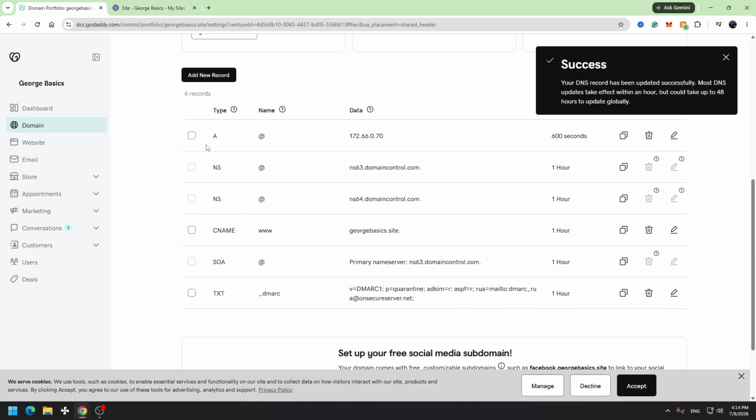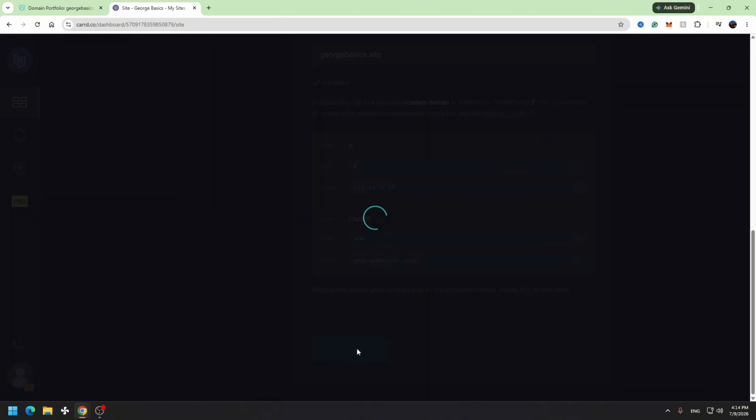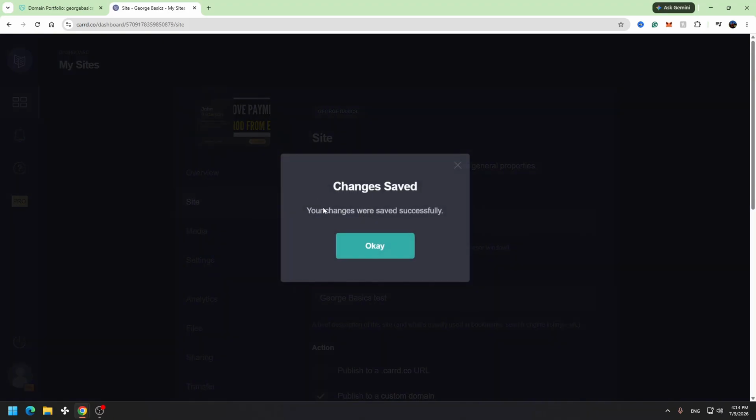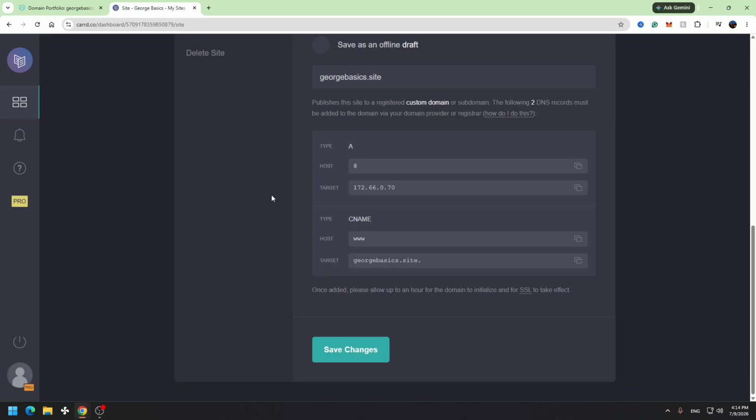So as you can see, we added both records, A and CNAME. Now we can go back to the card and click on save changes. So we successfully saved our changes, and now we need to wait from few minutes to 48 hours and our domain will be connected to the card website. Usually this process will take around 20 minutes, so you don't need to wait 48 hours, but maximum time is